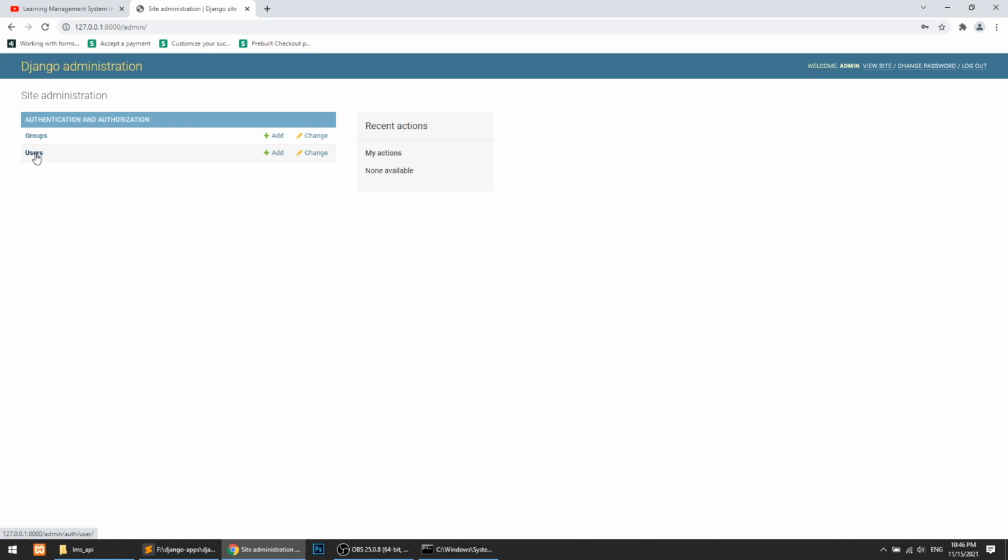We will explore this as we move along in this project. We can customize anything. You can customize the header, you can change this name, you can change the color also, but we will not do so much in the admin. We will focus on our front end and on our API. If you want to customize the admin section, please comment in the comment section, so that I will create a separate video for Django admin customization.